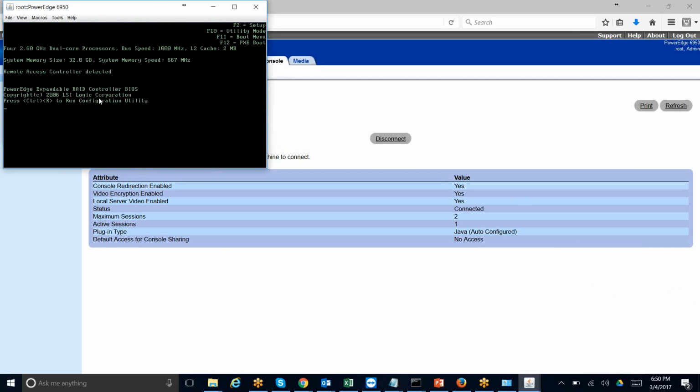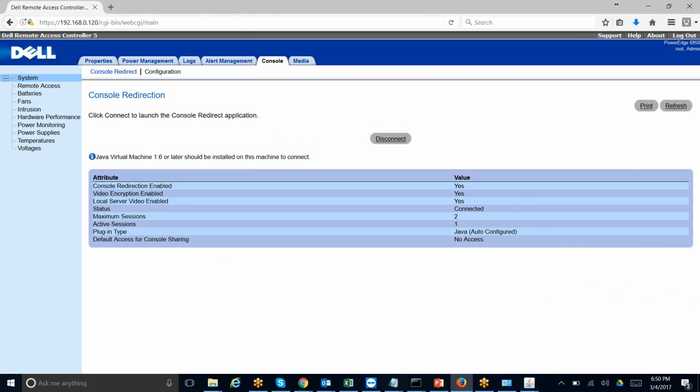F6 ने, कंट्रोल आर यहाँ लिखा हुआ है, देखो, Press Control R to run configuration utility. ओके, समझ गया।